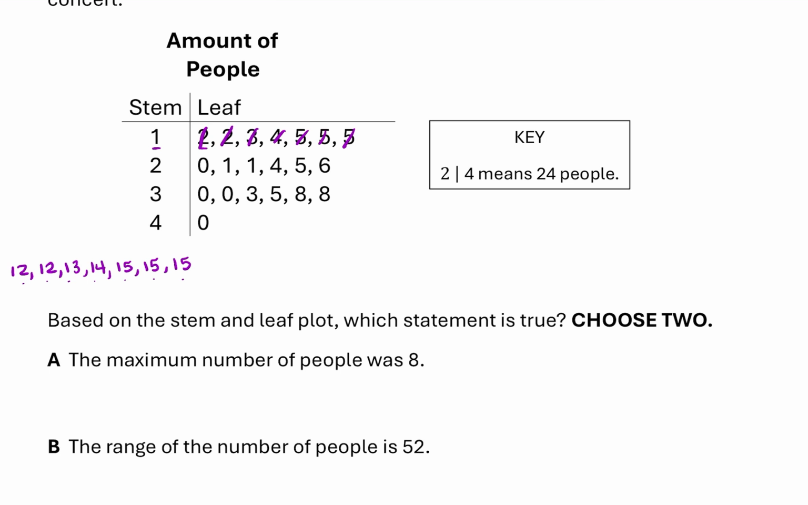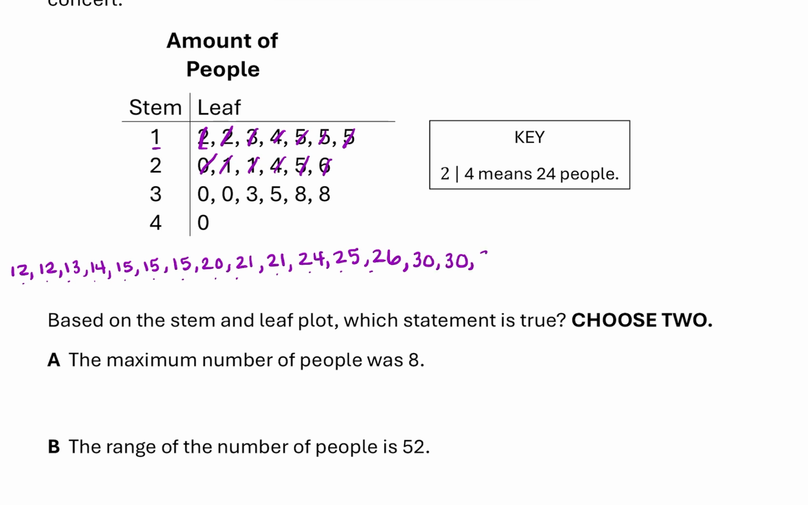So the next one I have a 2 and a 0, which gives me 20, 21, 21, 24, 25, 26. So 1, 2, 3, 4, 5, 6. 1, 2, 3, 4, 5, 6. Got it. So next row would be 30,